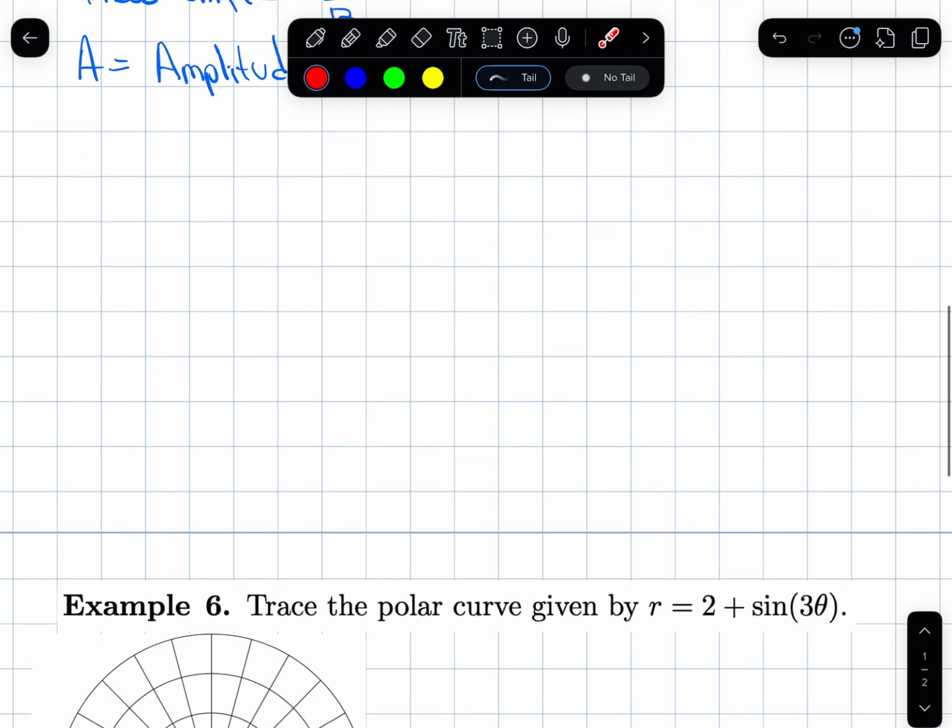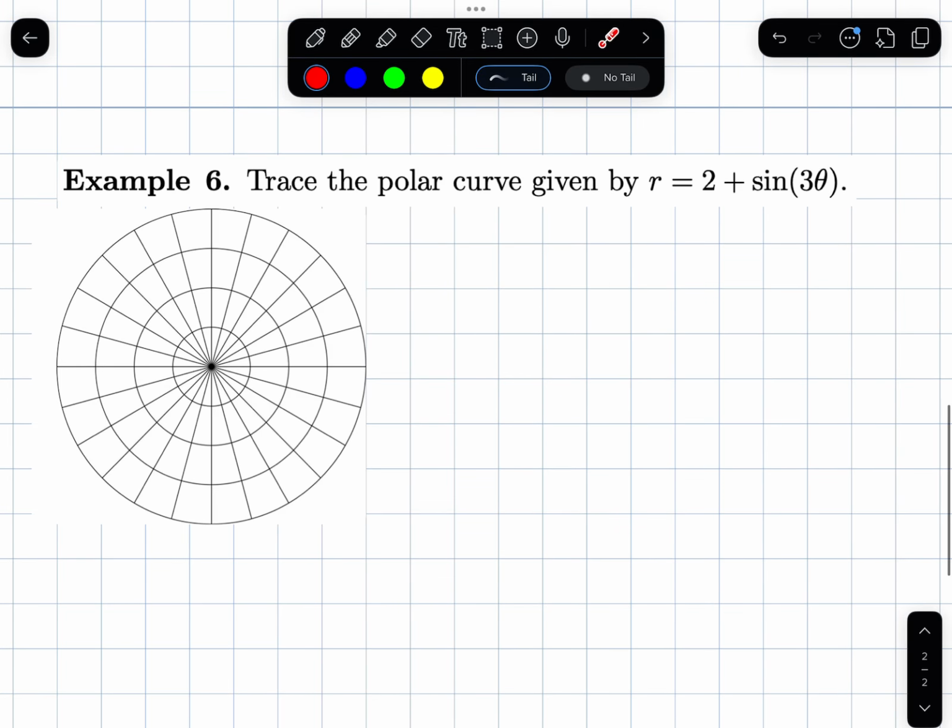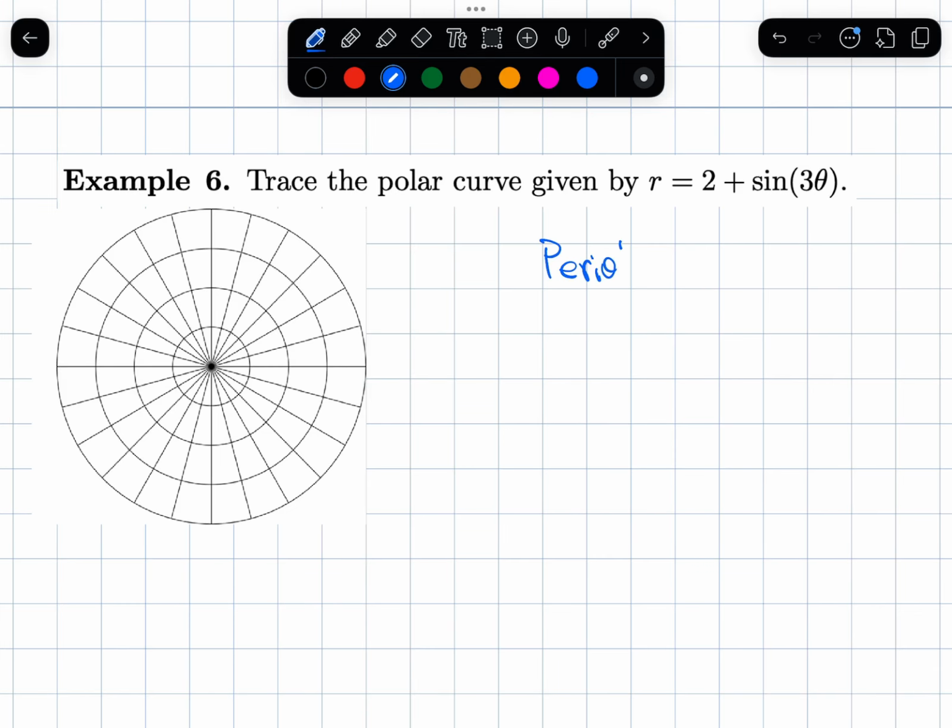Here's one more example that I'll do with this. I'll go over this one. It's a little bit different because you have the plus in here, but right now you have a period of 2 pi over 3. And then you have a shift upward of 2 units. So your graph is no longer going to be between -1 and 1, right? So sine 3x is between generally -1